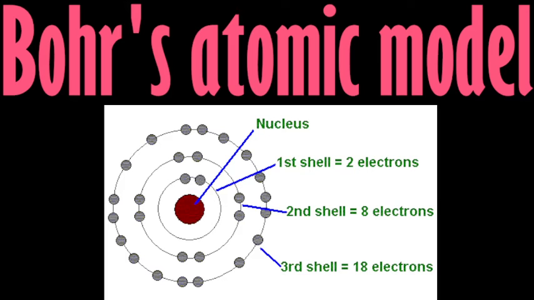In due course, it was discovered that the nucleus of an atom was made up of two kinds of particles, protons and neutrons. The proton was first observed by Goldstein and was named by Rutherford. A proton is a positively charged particle and weighs the same as the hydrogen atom, the lightest atom, that is 1.67 × 10^-24 grams. A proton carries a single positive charge of 1.60 × 10^-19 coulomb. The charge is equal and opposite to that of an electron. The mass of the proton is 1836 times greater than that of an electron.